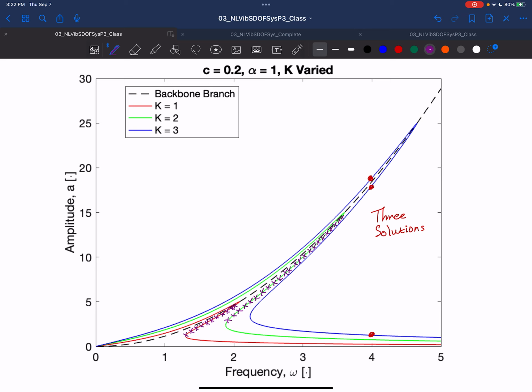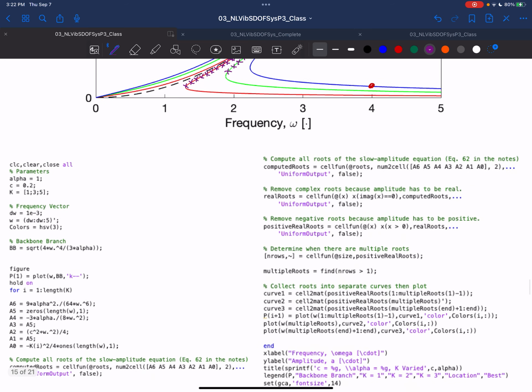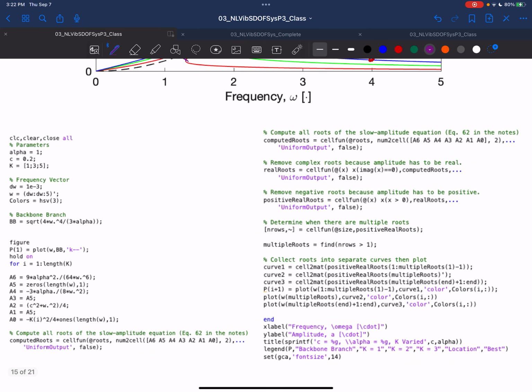All right, let's take a look at our next plot. Here, first of all, is the code of how I did this. The code here is maybe a little bit advanced if you're not used to using MATLAB quite often. But I encourage you to take a look through this and see how I solved for these roots and how sometimes you get